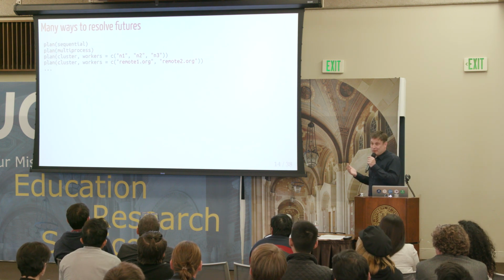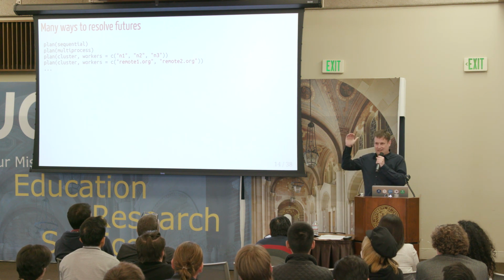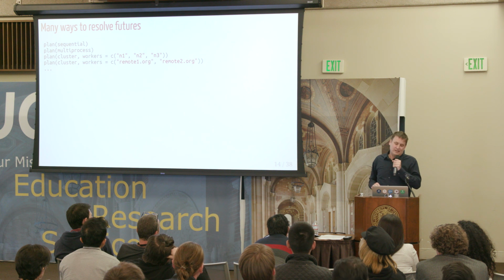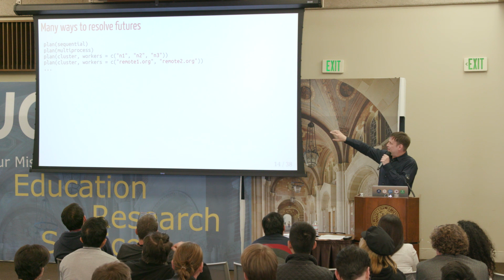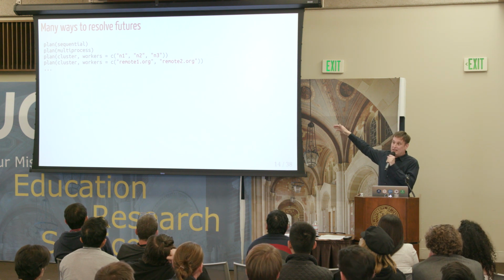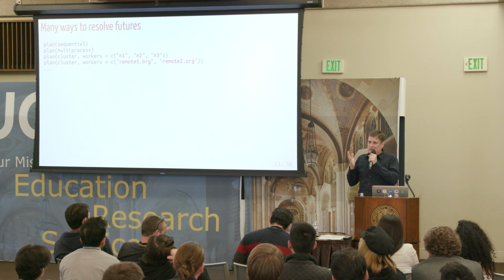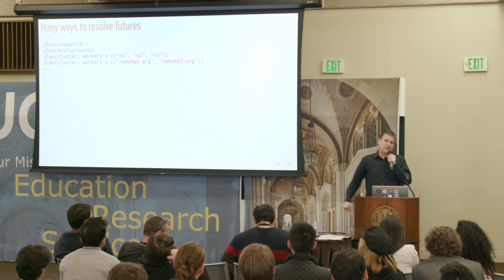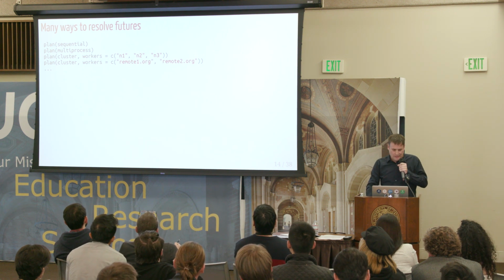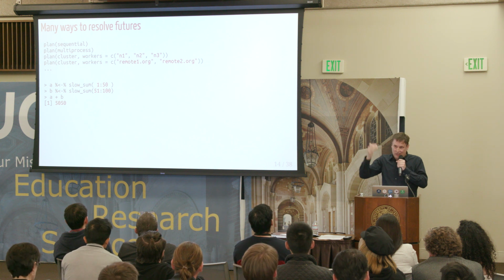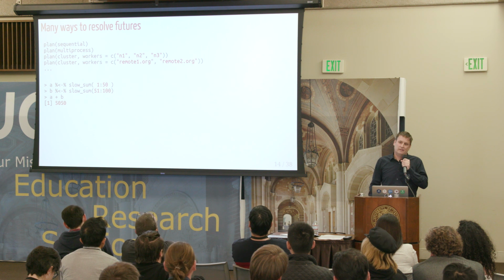Okay, so there are many ways to resolve futures. You can do it sequentially, which means your code will work as if you didn't parallelize. You can run it in parallel on your local computer. You can have three local machines in your local network, N1, N2, and N3. You can also have remote machines. You can set this up so it automatically SSHes in and all that. This is actual code that could work. And regardless of that, you will always write the same code and get the same answer.